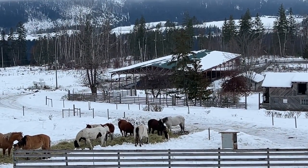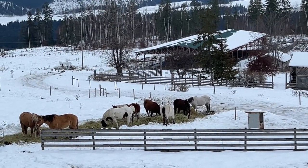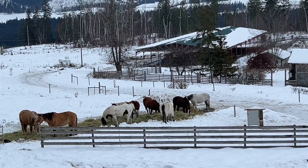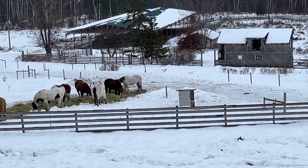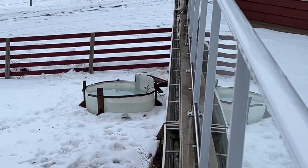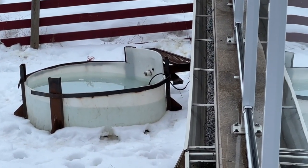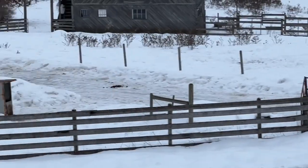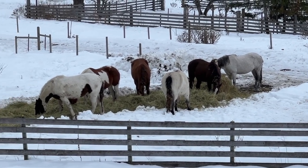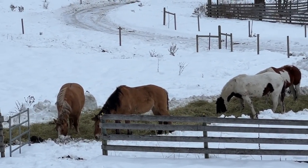And so there's 2 spaced a good distance apart, so 4 can eat from each bale. And again, there won't be any conflict or aggression or anything like that. And then they've got to come through that gate there and come up here, and they've got a big water trough there, with a heater in it, so that'll be fine. And they know that the water's there. I showed it to them and they all looked and heard the sound of it,